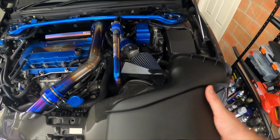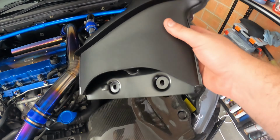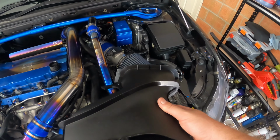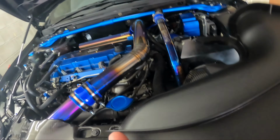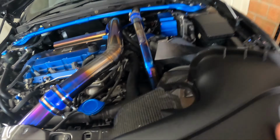He originally came up with this because he ran the APR tray with his factory airbox originally, and when you're running the factory airbox you definitely want to keep this snorkel to clip into it. I guess it's going to guide air best, even though you have really good air channeling with this APR tray, because as you see it does lift up here, but still it was best to run it with this. So what he did was cut this ridge off with a Dremel,